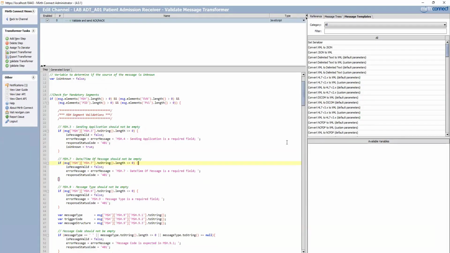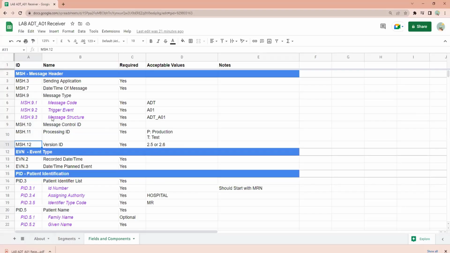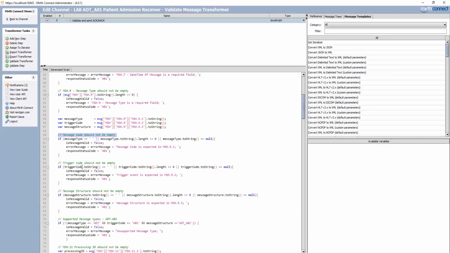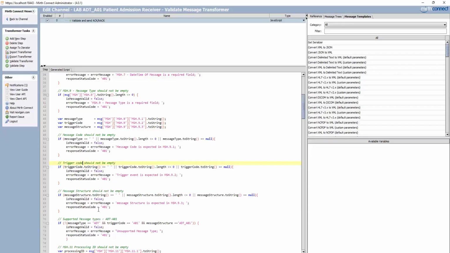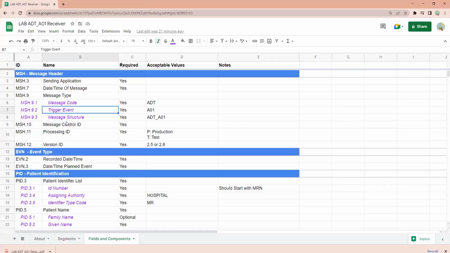MSH7 should not be empty. MSH9 should not be empty. Okay. Next, message code should not be empty. What is message code here? Trigger code should not be empty. Message structure should not be empty.